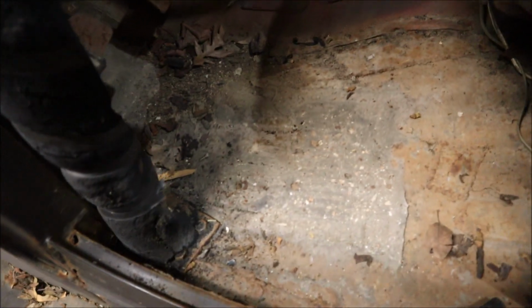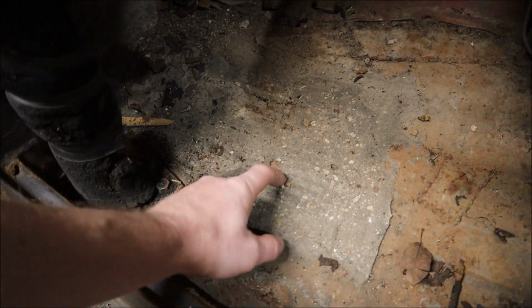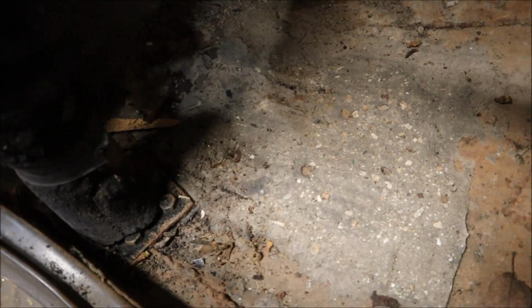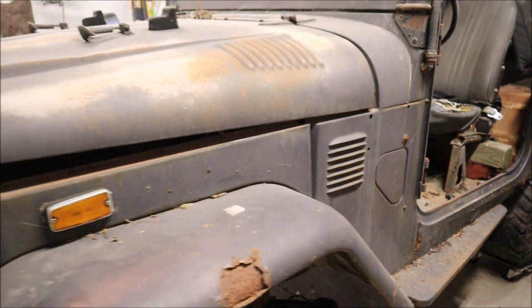This is interesting as well. So I bought this in Kentucky. So you could just imagine there's a couple of hillbillies riding around the woods in this thing, and the way that you could see how it was repaired kind of has that shade tree mechanic redneck vibe. So that's what we're going with. That's concrete. They repaired the floorboard with concrete. So I'll have to take a sledge to that, break that all up, remove it and weld in new metal there. It's very strange, very cheap. Just imagine this thing was beat to shit, and